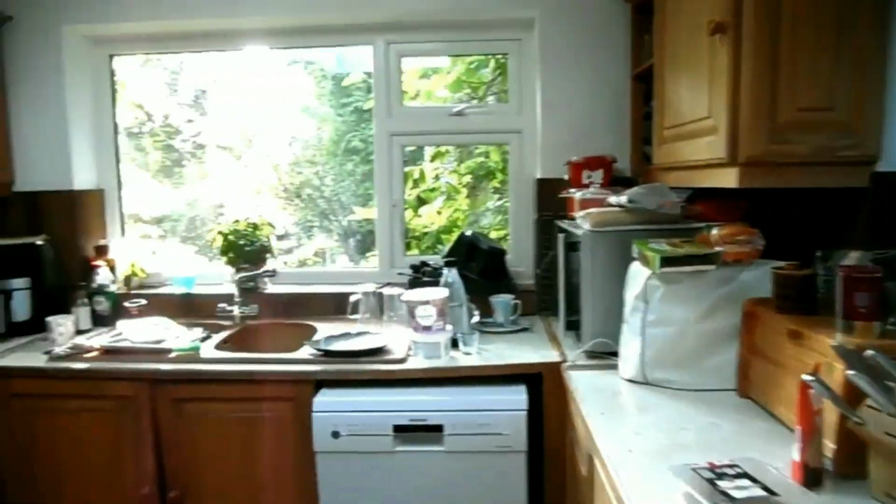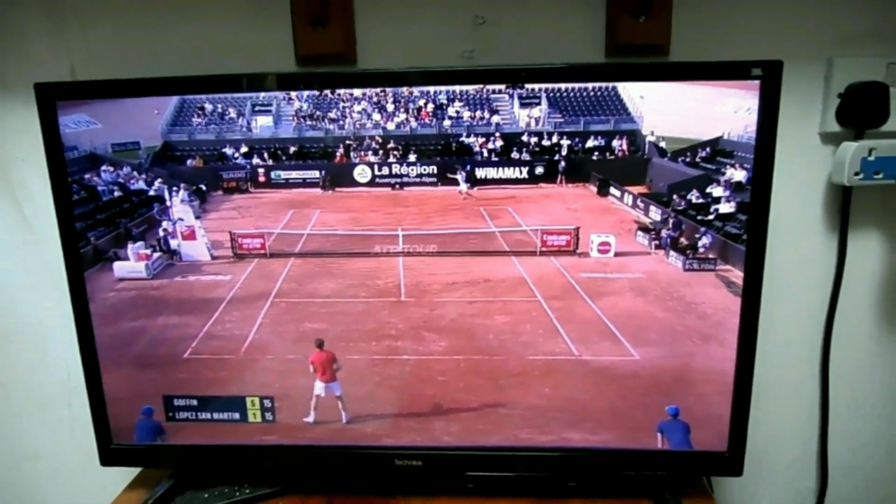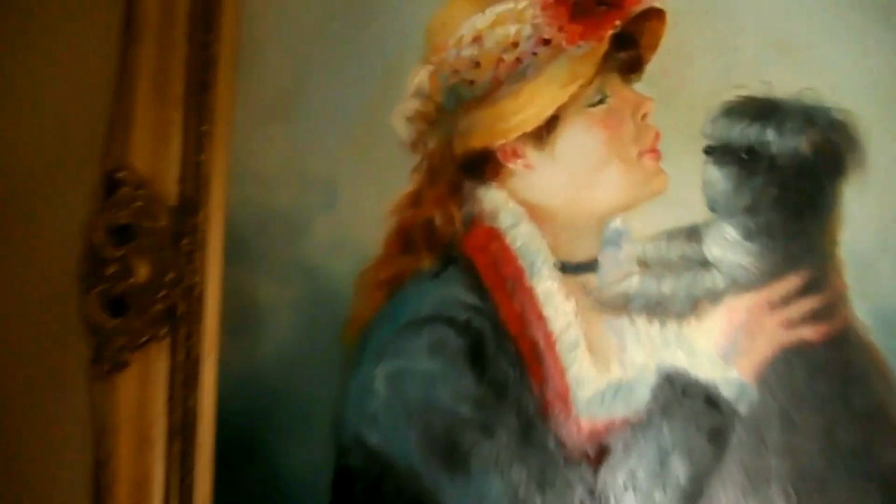I'm now in the kitchen, and June's rustling up some food in the microwave for Samantha, and here's Samantha, and of course there's tennis on the television, just for a change. So, oh yes, point out, holidays, we're going off to Sicily again soon, and into the hall. Yes, nice expensive paintings here. Yep, expensive little pocket camera, not expensive. And through into the lounge and out